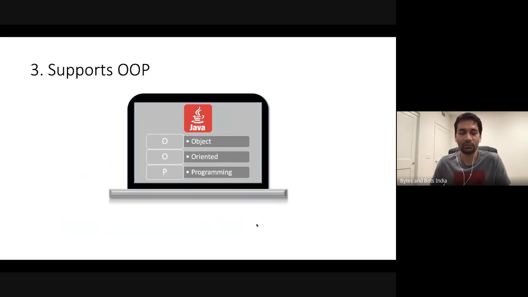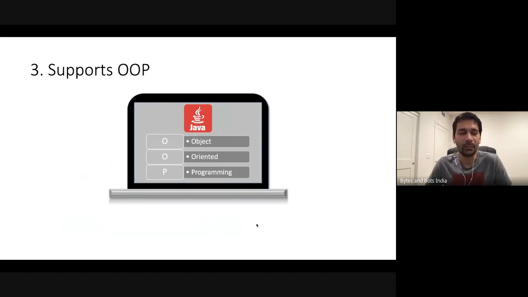We just see television as one object. We interact with it through a remote, which is again an object. So it's very common, a natural tendency of humans, to interact with real-life elements as objects. An OOP-supporting language makes it seamless to get the concept of objects and how they interact with each other. Languages like C are functional languages. As programs become more and more complex, it becomes more and more difficult to deal with those languages. OOP makes it easy.